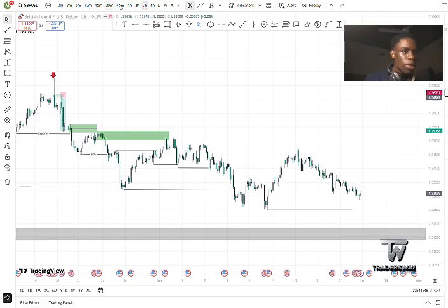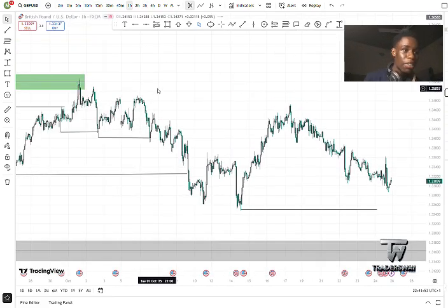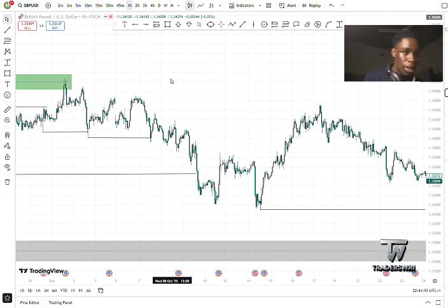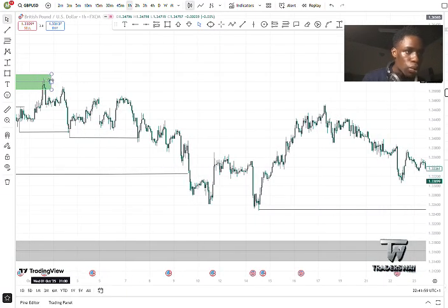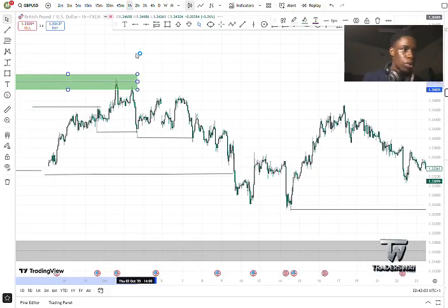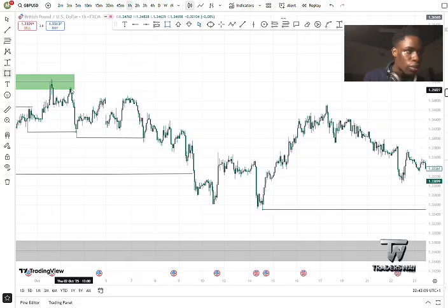You can see, if we analyze further, you are going to see that the market has been respecting everything we say. Let's go to the 1 hour time frame. We are going to analyze it again. So after going down to the 1 hour time frame to know what is happening in the market, you can see I spotted another